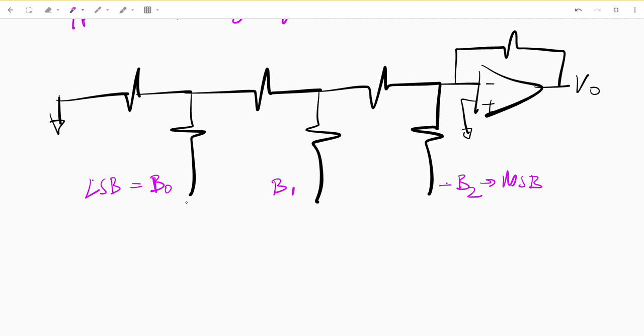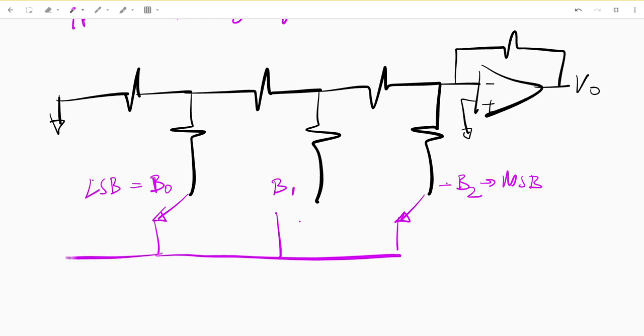And if we have a circuit that looks like this, where this is V reference or VDD, and this is a ground connection,